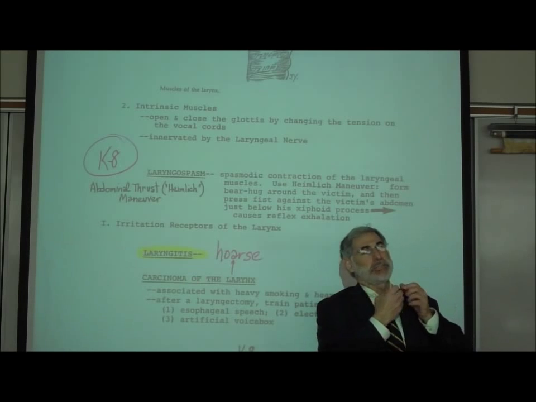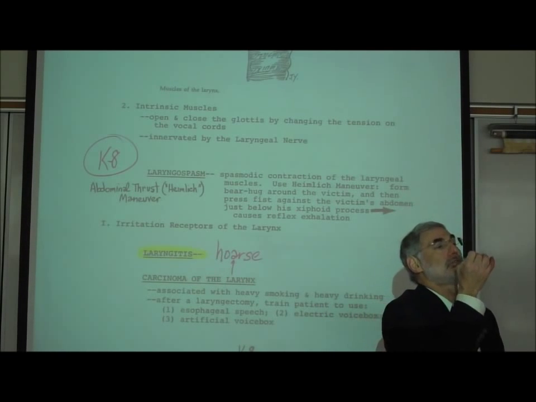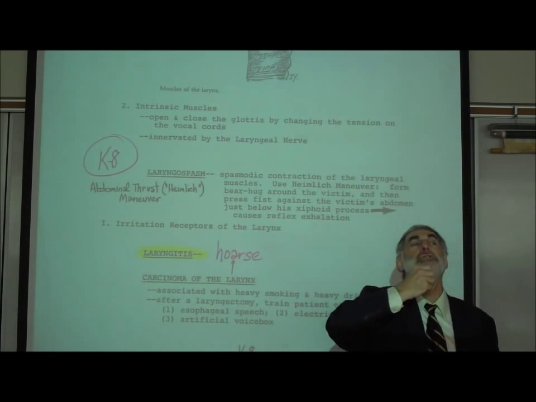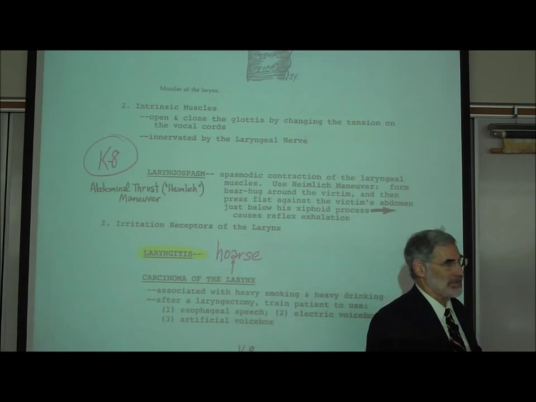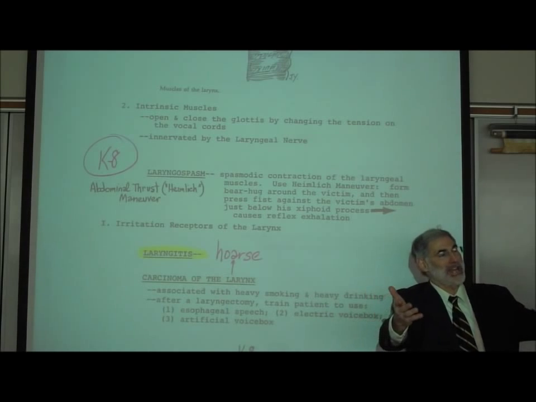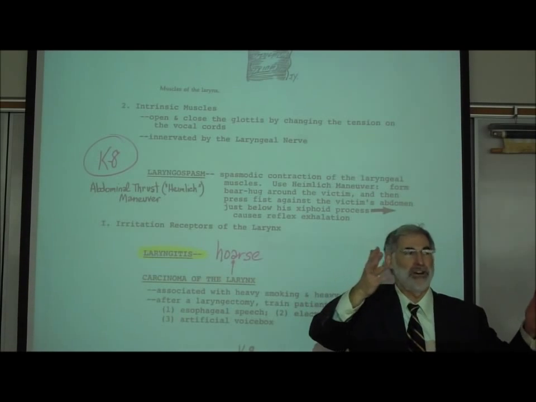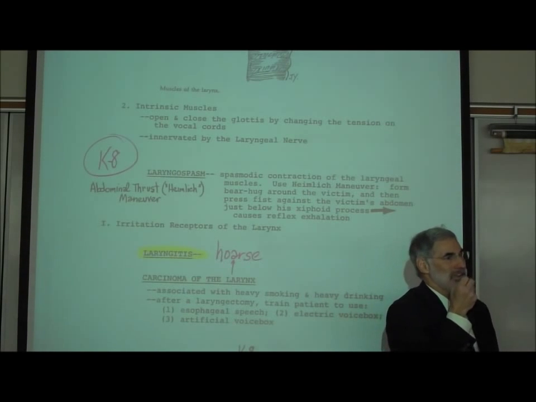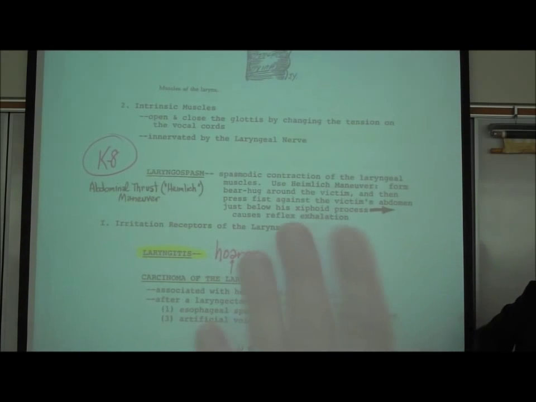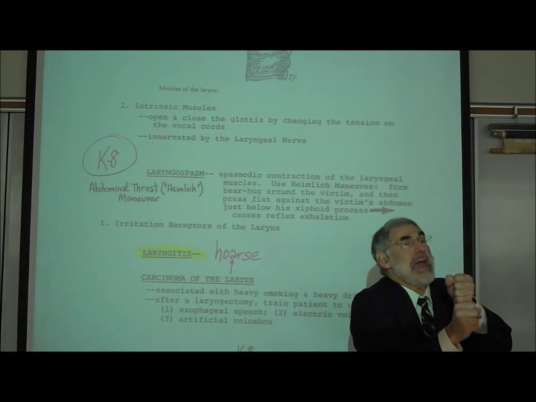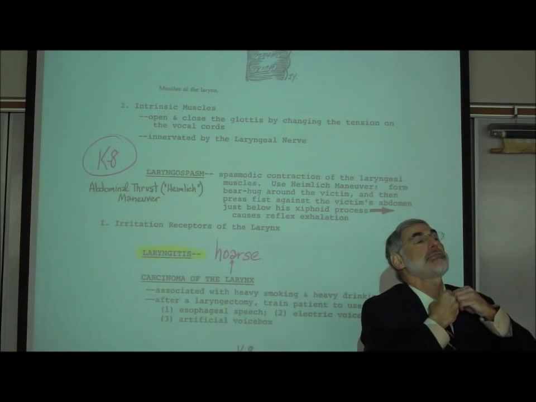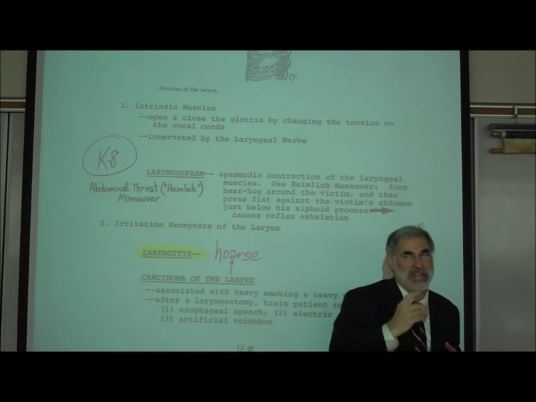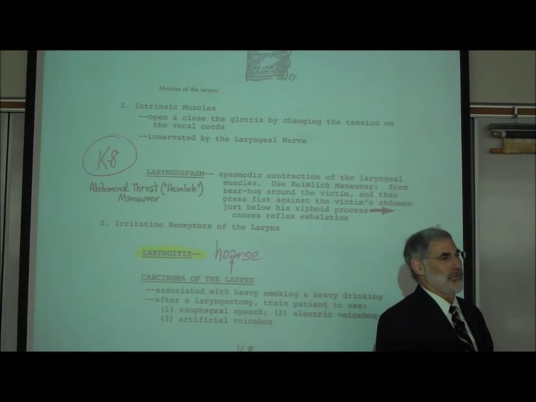One of the things that would make these muscles spasm is if a bit of food drops down into the larynx. The muscles spasm or contract to prevent that food from going down your trachea and ending up in your lungs. The classic example that's given is somebody eating fish, maybe at a restaurant, and they inadvertently swallow a little fish bone, and the fish bone ends up going down into their larynx. So all of a sudden the muscles spasm to prevent the little bone from slipping down through the larynx and going into the lungs. They spasm and the person can't breathe. So this is when you're told to do the Heimlich maneuver.